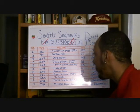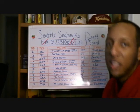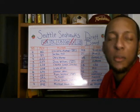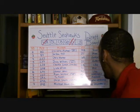So we move on to your next pick, and we're still in the 5th round. The Seahawks just decided to compile 5th round selections. Hey, I don't have a first. How about I just take 3 5th round picks instead? So we go to pick 158 in the 5th round, and we go to the tight end out of Rice,